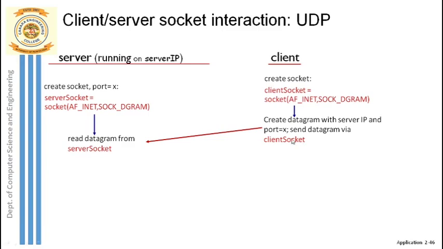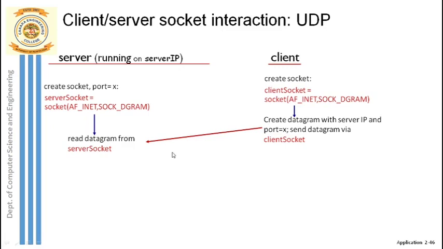That address part is nothing but the destination address for whom you are sending that data. It is the destination server's IP address you have to include. Along with that, one more piece of information, the server's port address, you also have to include. So whenever you are writing a letter, you need to write the destination address, and that destination address in a network includes two important pieces of information. One is the destination's IP address, one more is the destination's port address. So you include both along with the actual message.